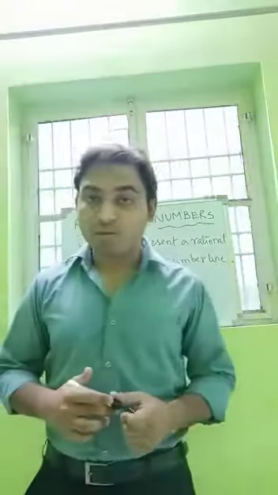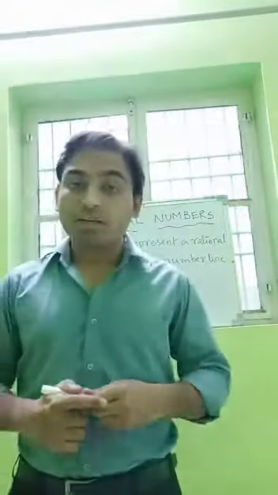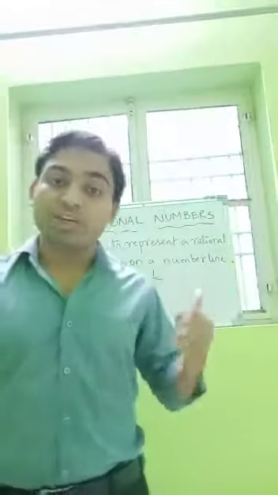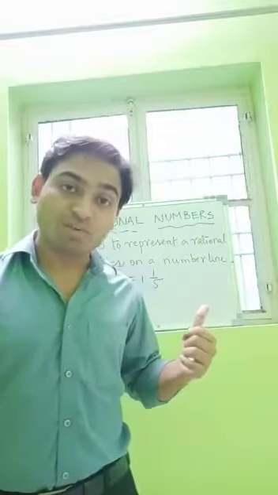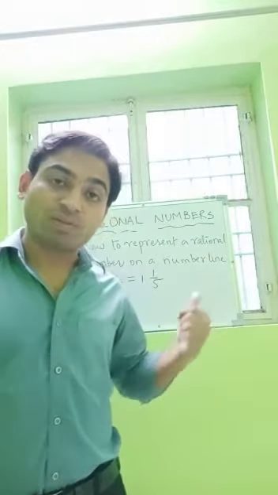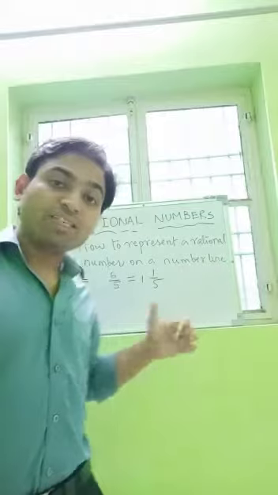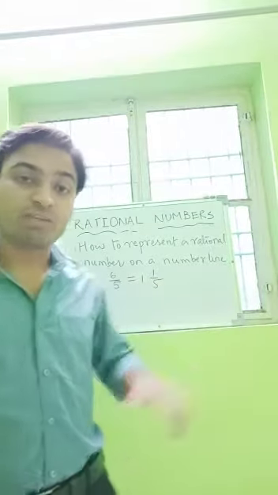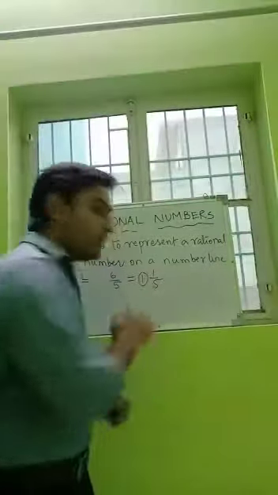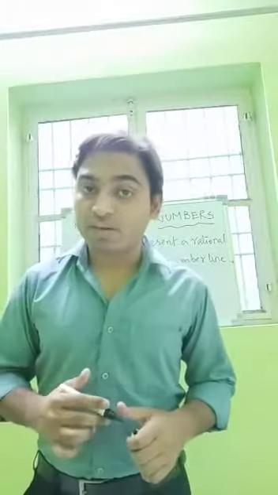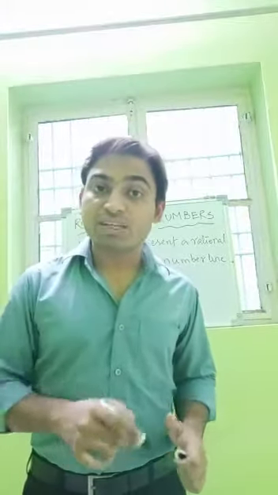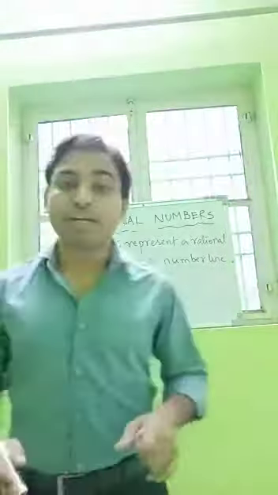If you convert it to a mixed number, then you get 1 whole 1 upon 5. And why do we convert it to a mixed number? To get those two numbers between which the given rational number is going to lie. See, 1 whole 1 upon 5 is the mixed form of 6 upon 5. This means that 6 upon 5 is going to lie between 1 and the number which comes after 1, which is 2. So 6 upon 5 lies between 1 and 2.